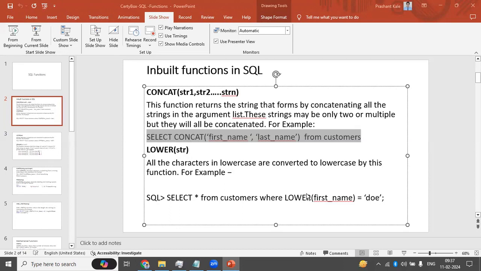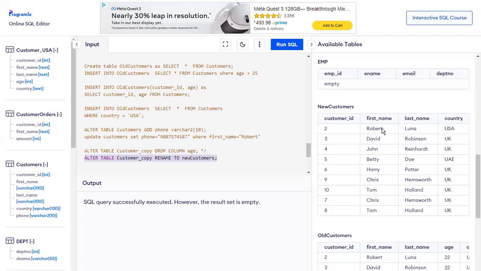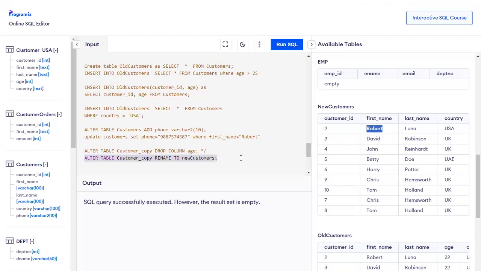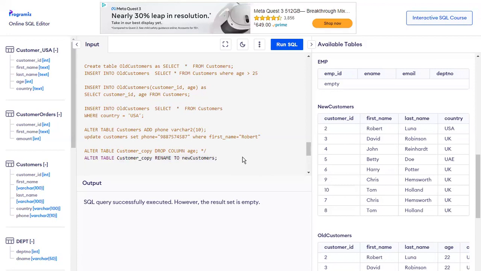Lower is where we are lowering the case. As I told you, in the database you don't know how the cases are stored, right? Now I don't know whether R is capital for Robert or not. I want to see whether Robert exists in the table, all the records of anybody known as Robert. So I'll select star from customers, where